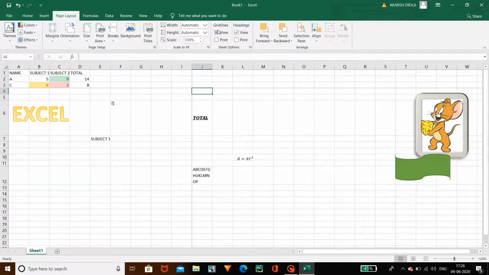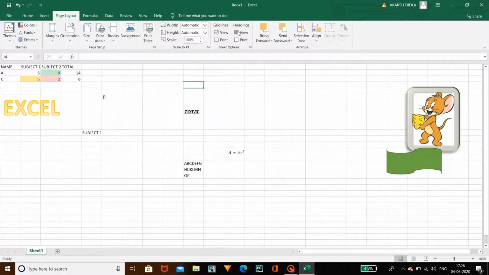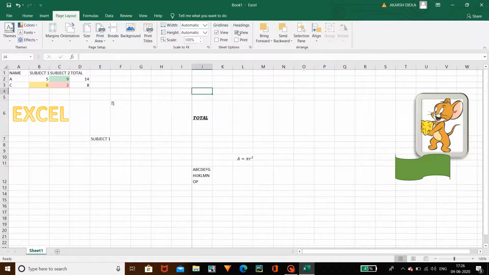And coming to the grid lines, you can see every cell is divided with lines. Likewise you can use this grid lines option, and you can disable it like this. And coming to the headings, if you want to remove the headings, you can use it. And as I have already shown you the arrange option in the picture option, I am not explaining this arrange option again. So this is lesson 4.